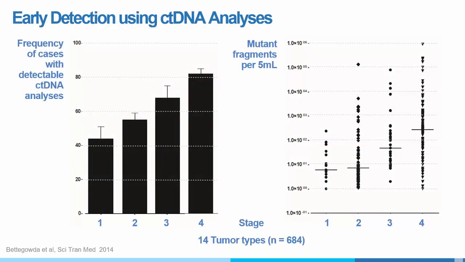So that was minimal residual disease. But what would be the real home run of this technology? The real home run to us would be early detection. Can we catch tumors when they are at the point where they have a 95% chance of cure by surgery